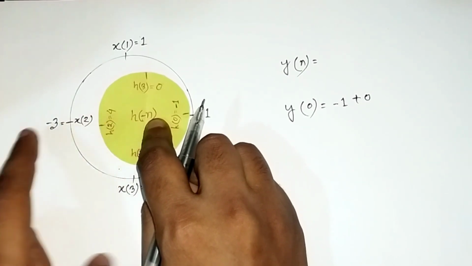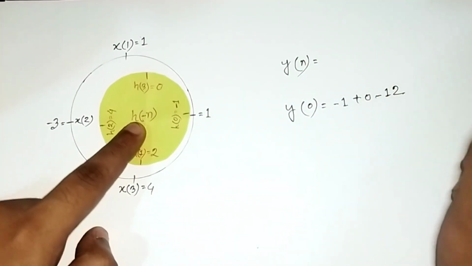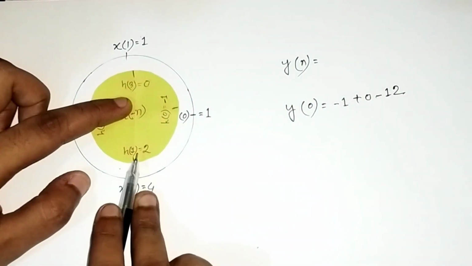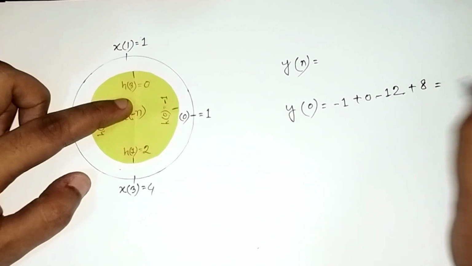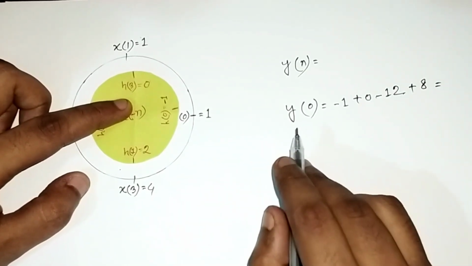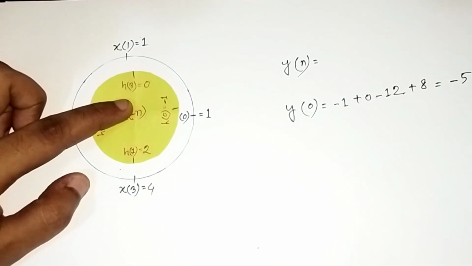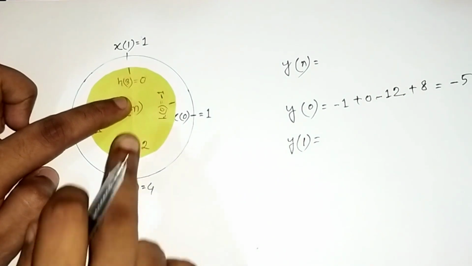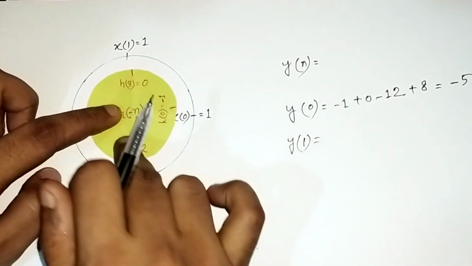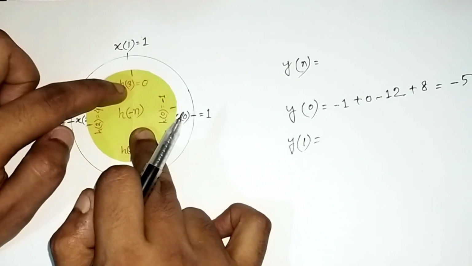We will get 4 times negative 3, that is minus 12. And we will get 2 times 4, that is plus 8. So our first output will be negative 5. Then to find out the next output, you have to turn this folded impulse sequence in the anti-clockwise direction